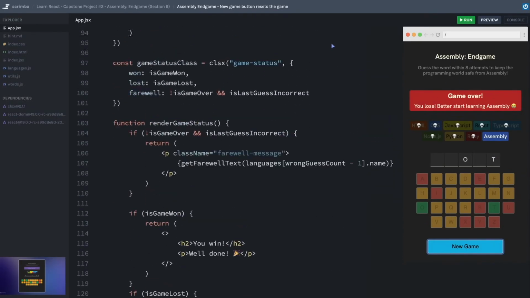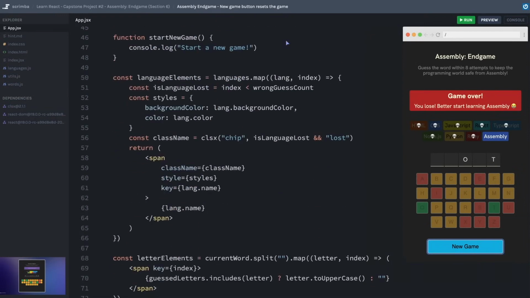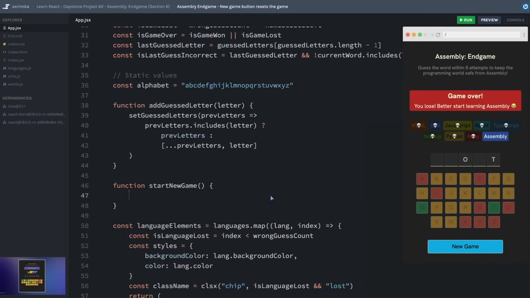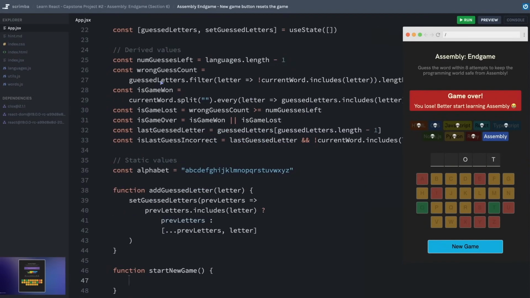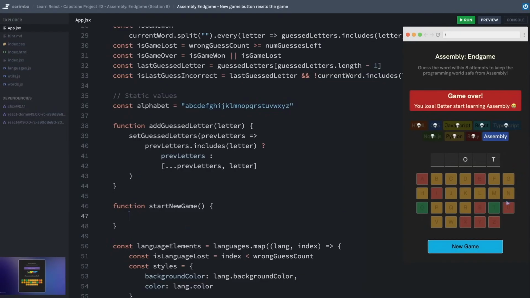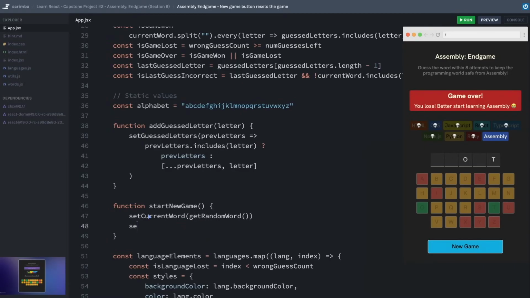Anyway, let's stay focused. Up here where we are resetting the game, okay, we don't need to console log start a new game. There are two things that we need to update. First of all, we need to get a new random word because this one's been used now. And secondly, we are maintaining a list of guessed letters and we need to empty that back out because we want our keyboard to refresh. We don't want to display any of those letters to the new word and so forth. So we can use our state setter functions to set the current word. And of course, once again, we will call getRandomWord. And then we will say set guessed letters to an empty array. Once again, short and sweet, this should be working.